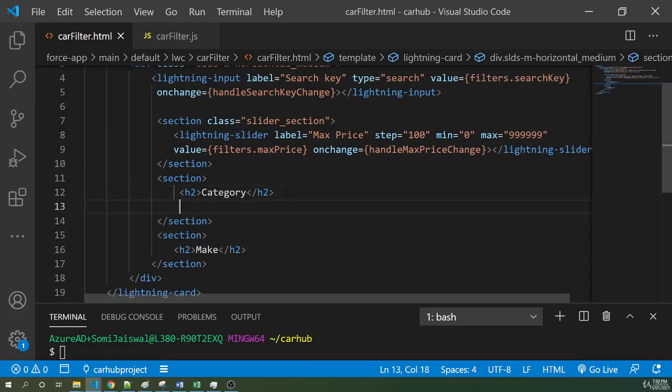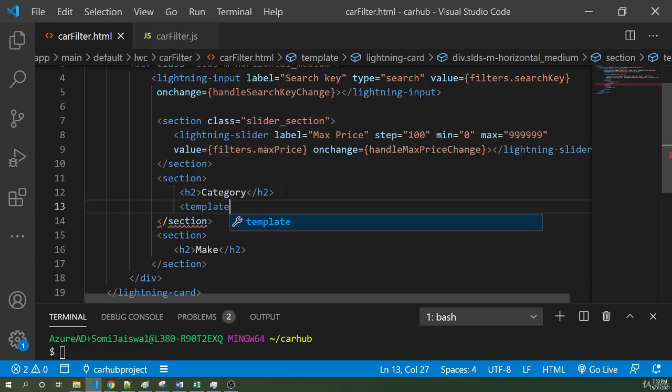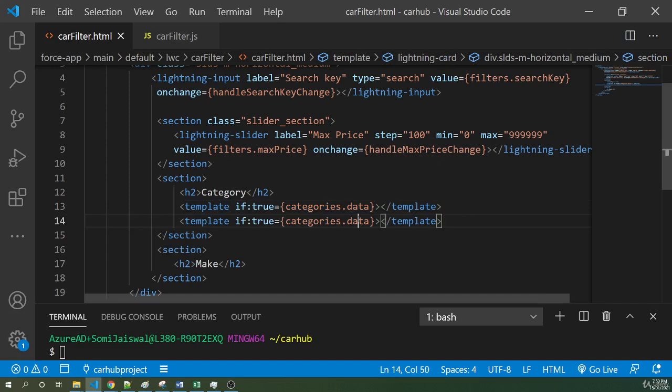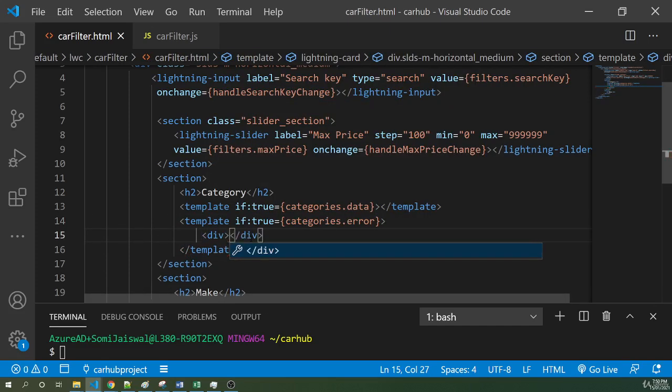So below the h2, I'll create a condition first with the if true directive. I'll say whatever inside this template will show on the DOM only if the categories property has the data, then only it will load. And if it's not there, which means it has categories dot error, which means it's not able to bring it, then under this template we'll show a message in the div. We'll say error loading categories,